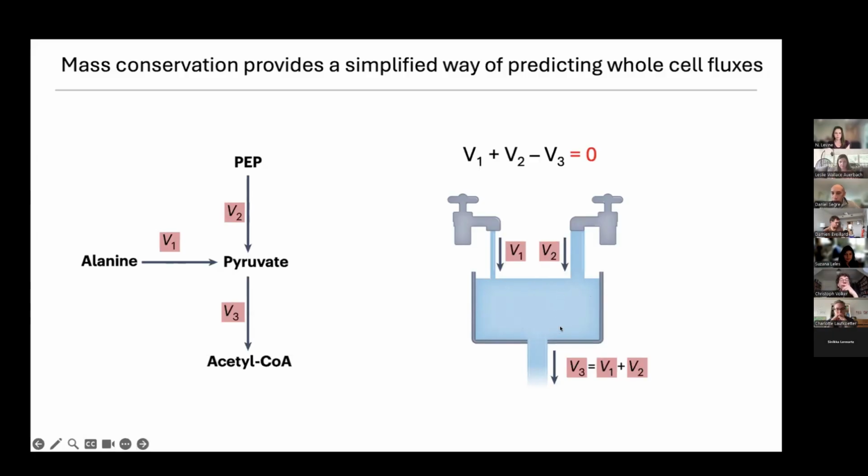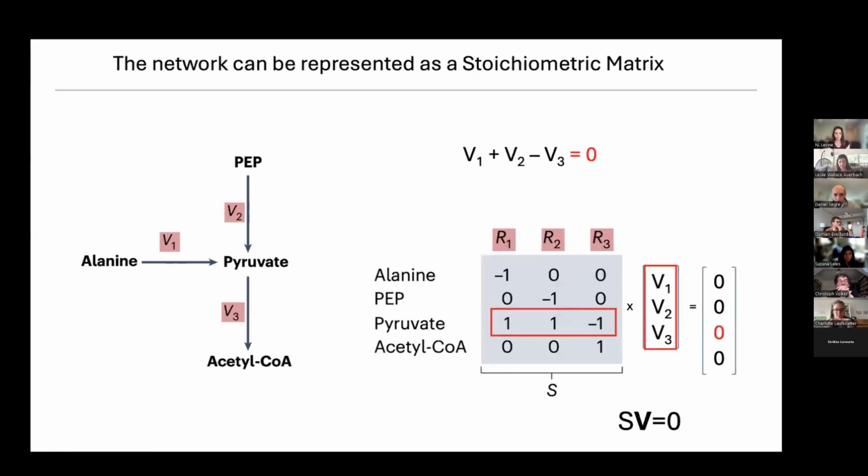At steady state, you wouldn't be able to tell the amount of water that is in the pool. So that is actually really important to keep in mind. So when you represent a reaction network to write these types of equations, this is nicely represented in the form of what is called a stoichiometric matrix, where each column represents a reaction and tells you how much of each metabolite is consumed and produced. And this is a very elegant and useful representation of metabolism.